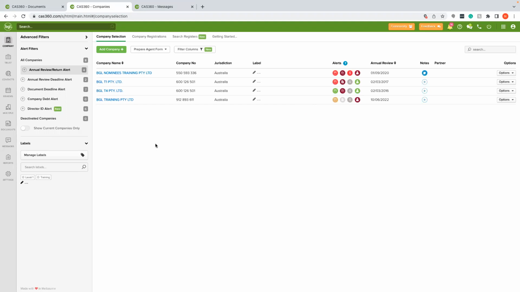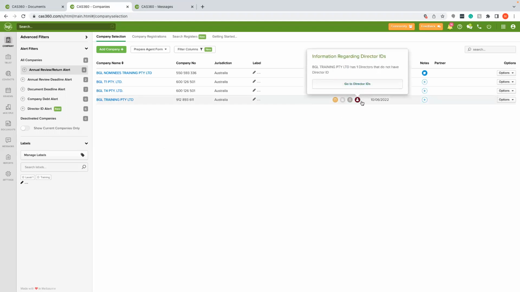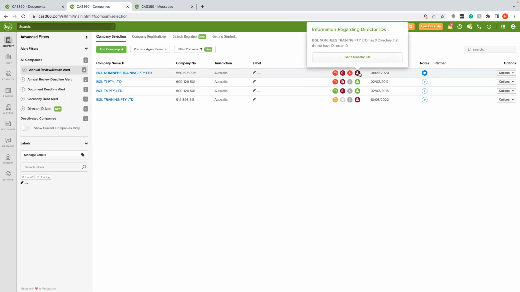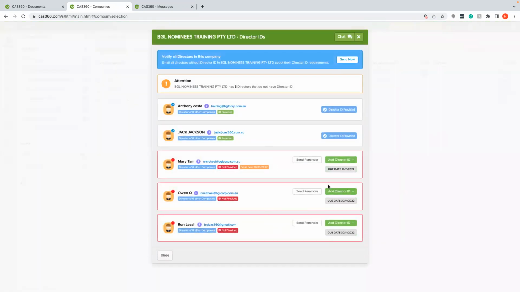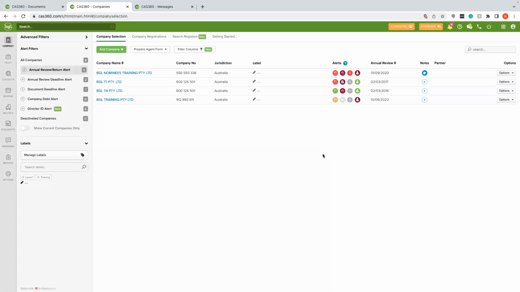Now, our other alerts is a director ID alert. The director ID alert will just notify you, just to let you know if your clients have given you the director IDs that they have. And it gives you the option also to record those director IDs within CAS 360. Now, we had a session a couple of days ago around director IDs. So definitely give that a watch. We go into a bit more detail about director IDs and how this alert works. But the other alerts I want to talk about as well, just to cover, is the document deadline alert and